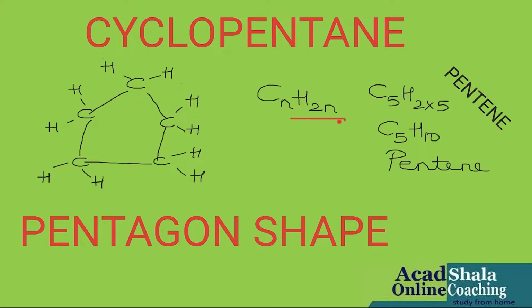So let us check once again. The alkene general formula is CnH2n. Put the value of n equal to 5, and then I put it over here. I just solve it and I got the molecular formula same as this, that is C5H10. So this also shows that cyclic hydrocarbons and alkenes share the same what? General formula. So this you need to understand about cyclopentane too. Okay, next,